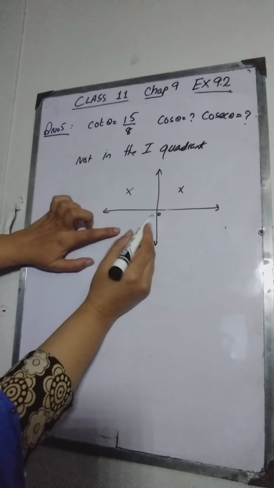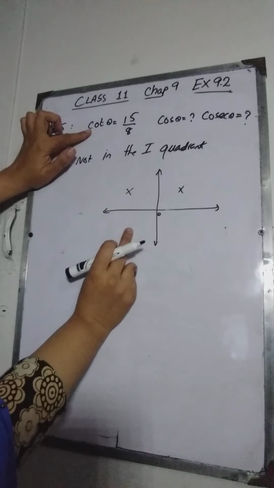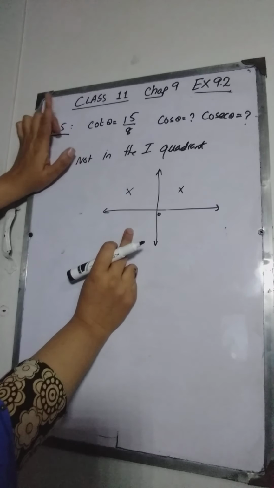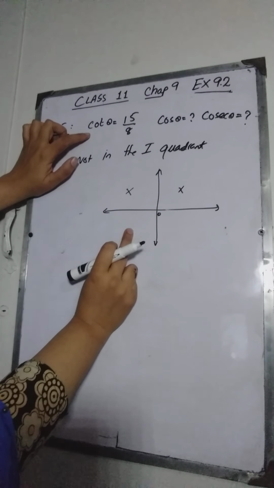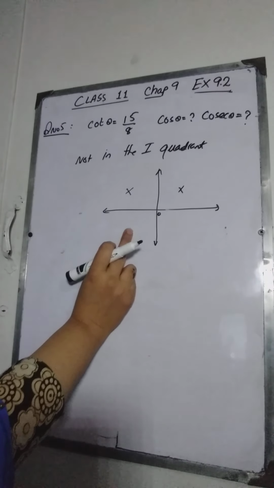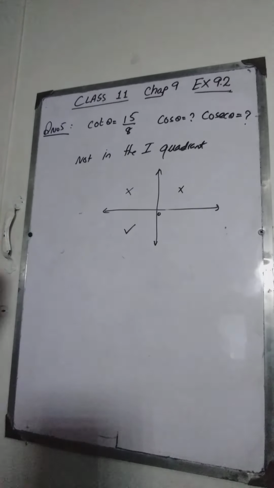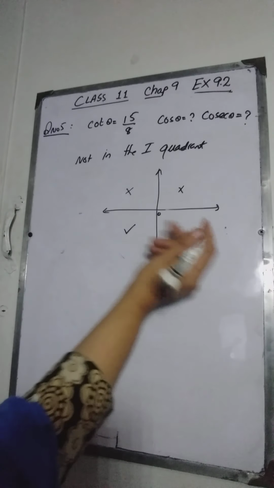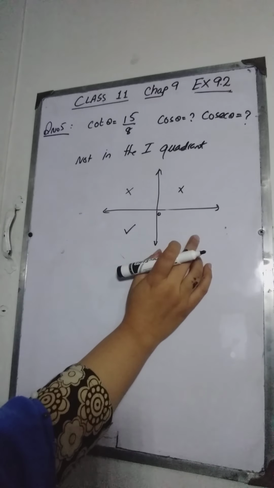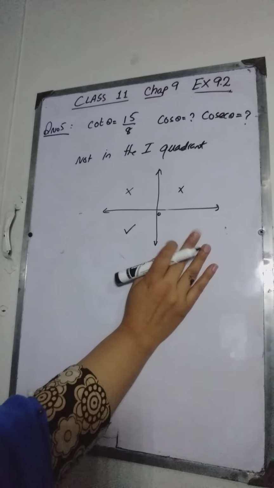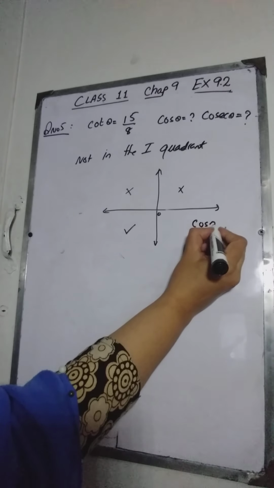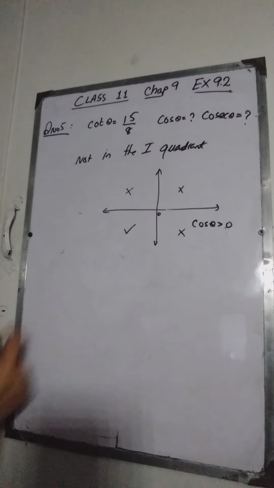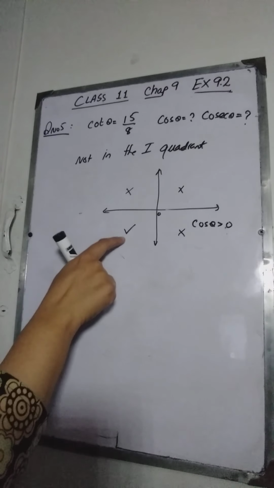Now coming to the third quadrant, we know that in the third quadrant cotangent is positive, because tangent is positive and the sign of cotangent depends upon the sign of tangent. So if cot theta is positive, this angle may lie in the third quadrant. Now coming to the fourth quadrant, here also cot theta is never positive, because in the fourth quadrant only cos theta is positive and all the remaining trigonometric ratios are negative. So the only choice is that this angle lies in the third quadrant.